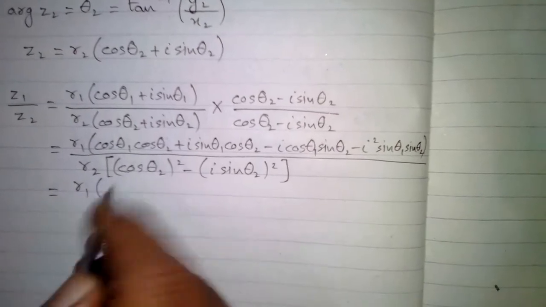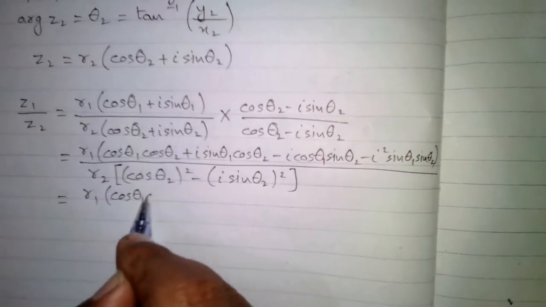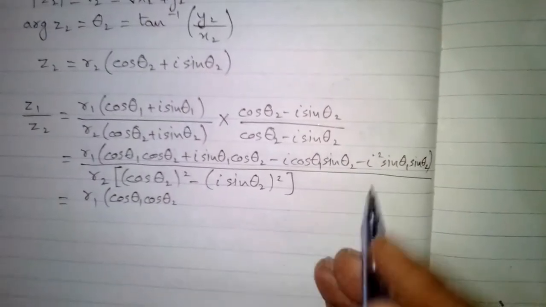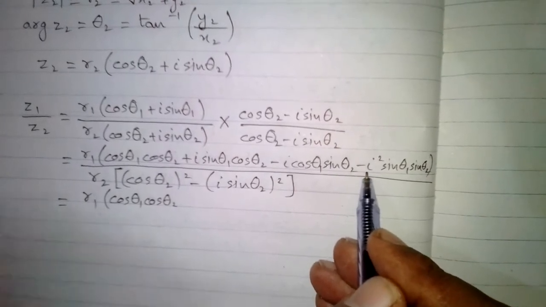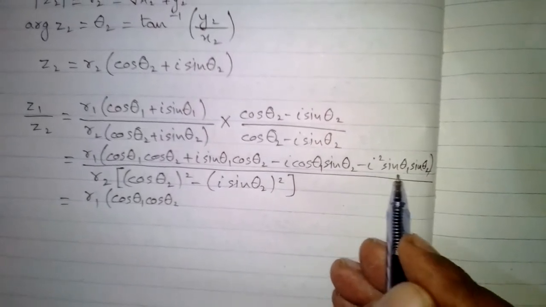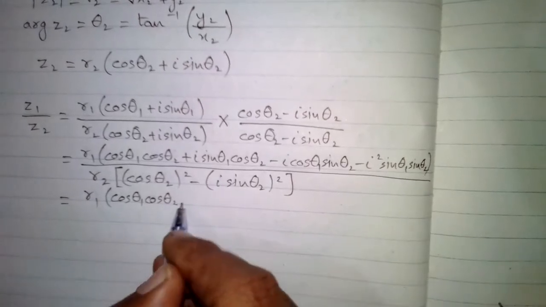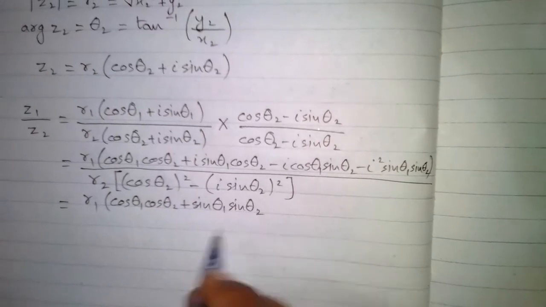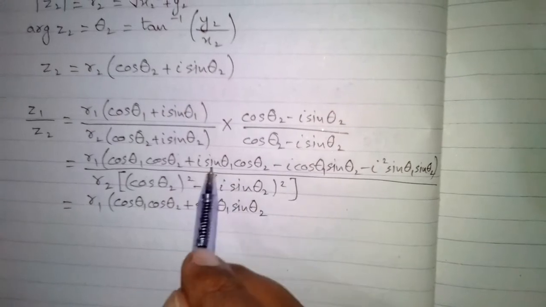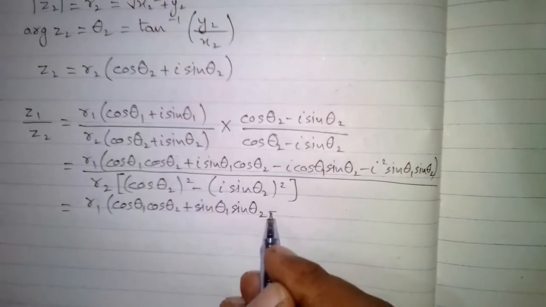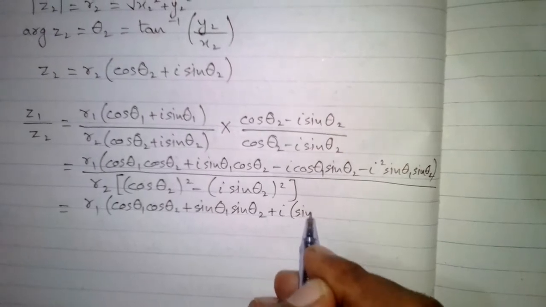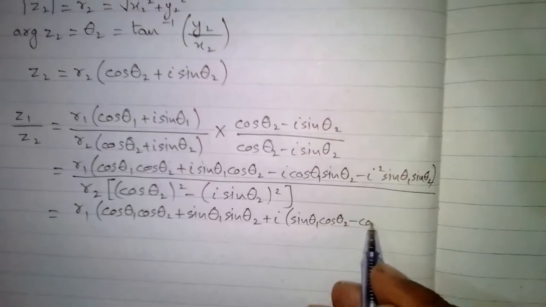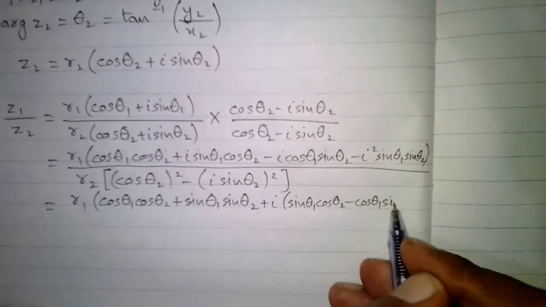So first we can write cos theta 1 cos theta 2, and then minus iota square. Iota square is minus 1, so minus times minus 1 is plus 1. So we have plus 1 times sin theta 1 sin theta 2, so we can write plus sin theta 1 sin theta 2. Now here from these two terms we can take iota common. So we have iota times sin theta 1 cos theta 2 minus cos theta 1 sin theta 2,